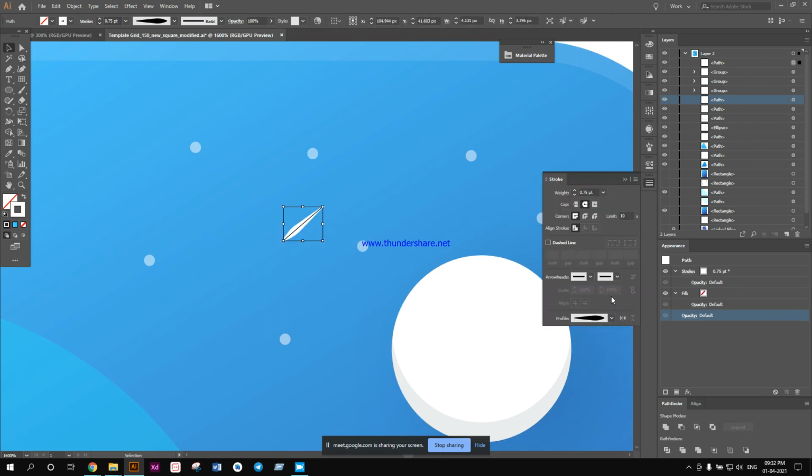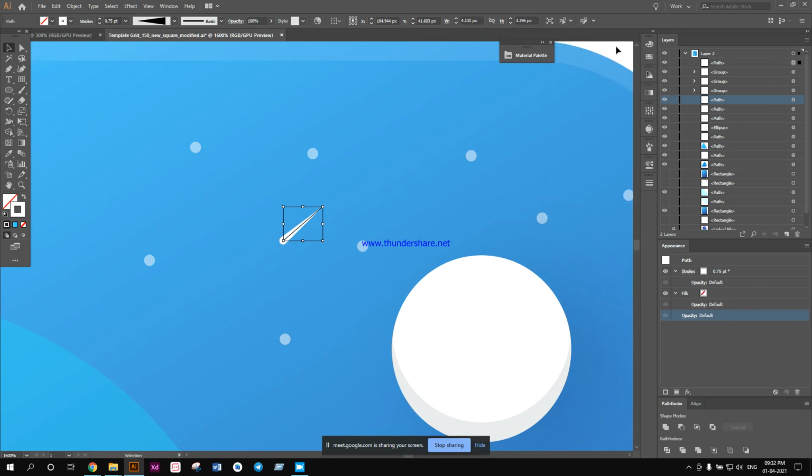Okay, I can just also do something like this. This one is much better. Now I can change the direction as well. I have to click on this line, flip along. So I change the direction as well.